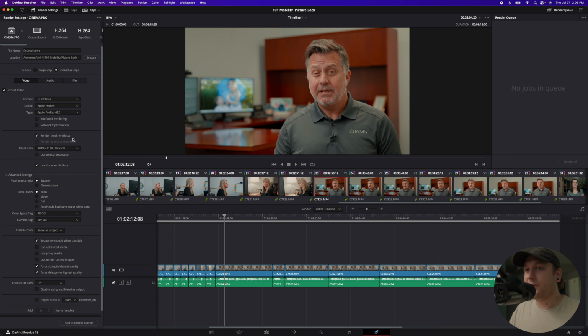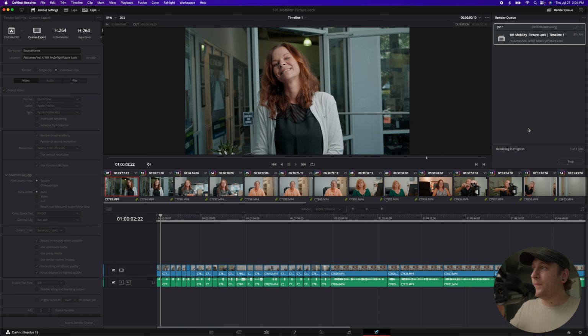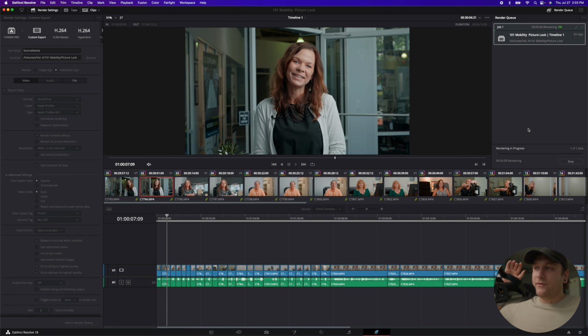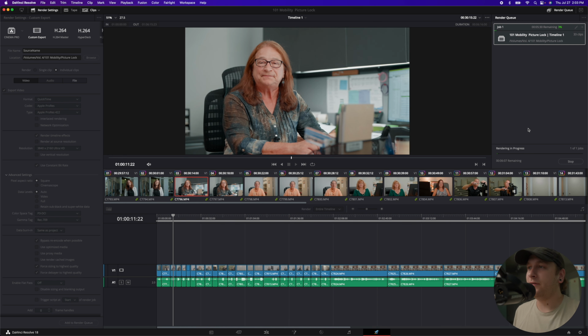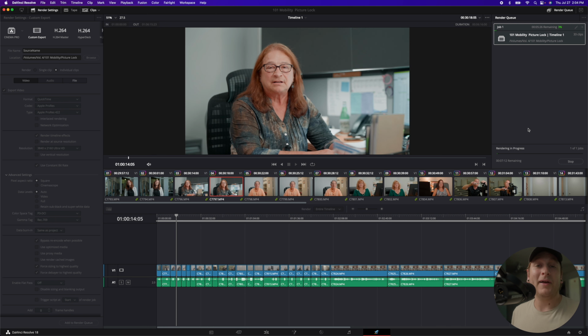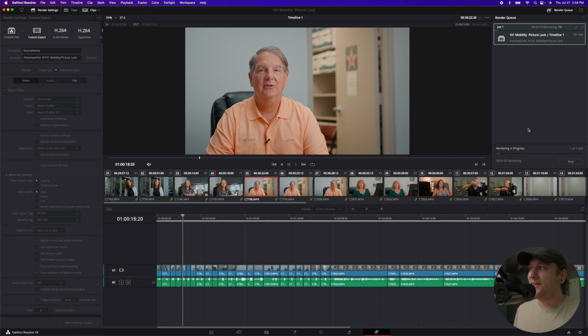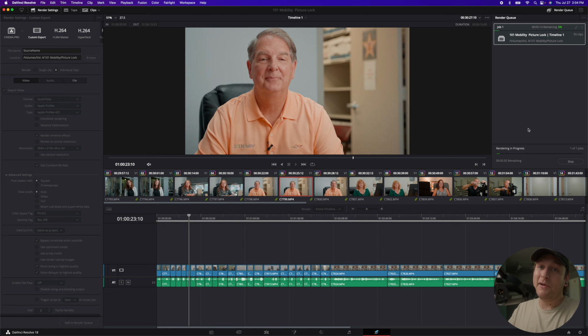Render timeline effects or any of that audio stuff that you just did, it won't render. There it is. And then click render, and it's going to tell you how much time. So it's going to render all this in 5 minutes, 40 seconds for us. And we're done. I'm then going to take all this, send it to my editor. Well, actually, no, it's a low budget, so I'm editing this one. So I'm going to edit this one myself, then put it all together and send it to the client in Final Cut Pro. And that is how I color grade